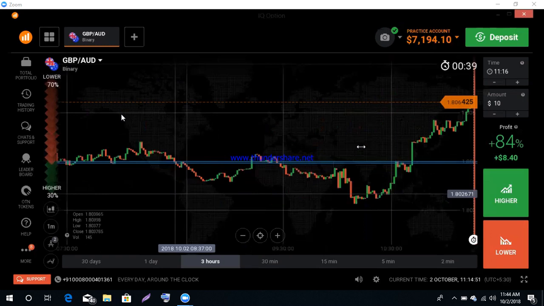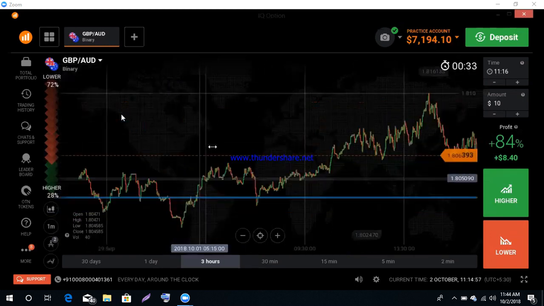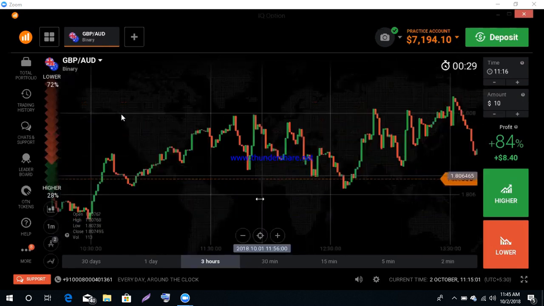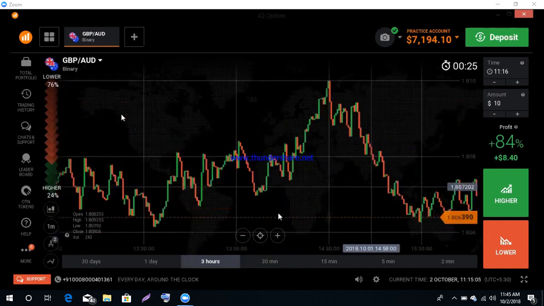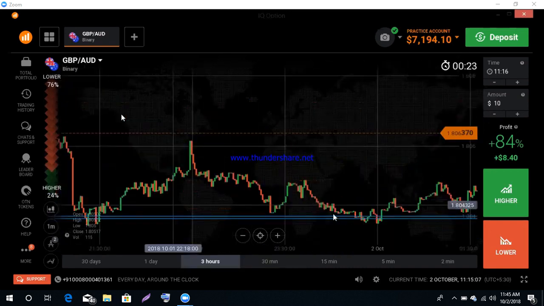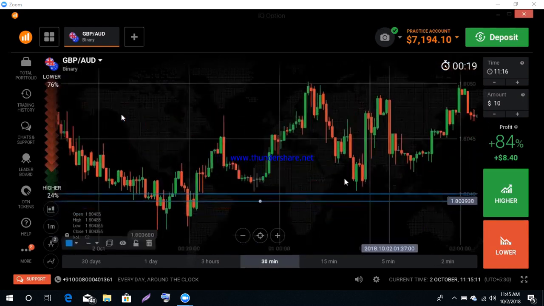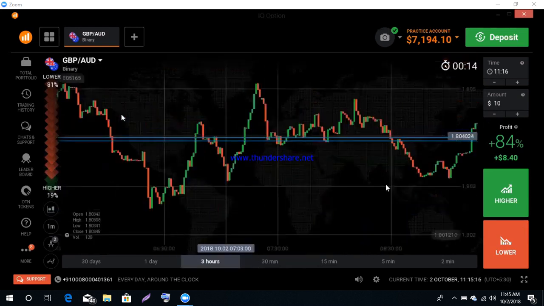Or you can go with past history and check whether the level is working or not, and you can draw near to the price bar in the past history and check the strong level. You can identify the strong level manually, or you can draw like this also. Okay, you can see it's working. This level is working almost every time. You can consider this level as a strong level.